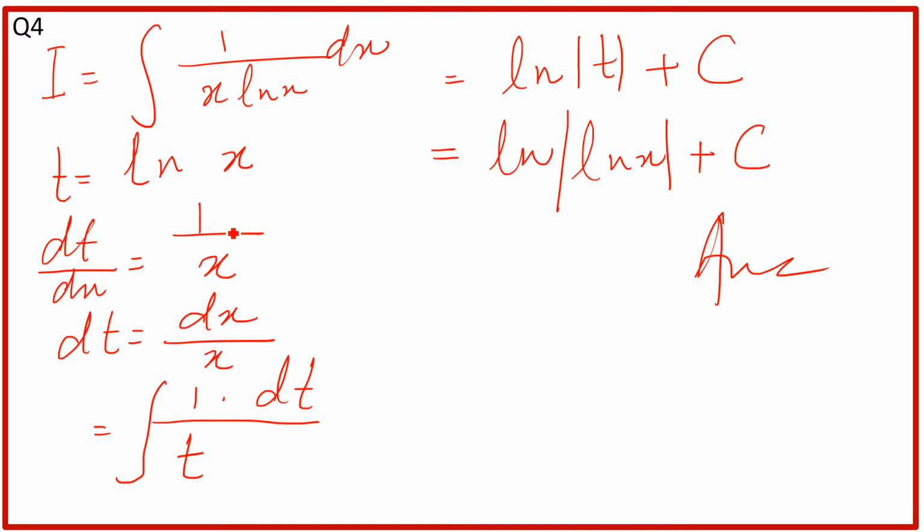So this exercise is based on the substitution method. We have to substitute, right? We have to suppose t is equal to natural log of x, then the derivative of natural log of x is 1 over x dx, right? So instead of this 1 over x dx, we can write dt, and natural log of x is t, then you have to find the answer, or you can solve for integration.